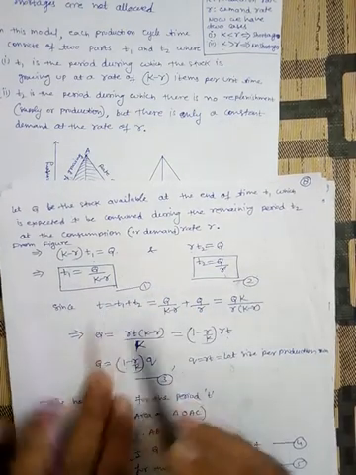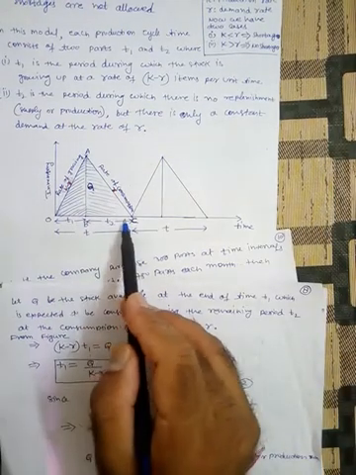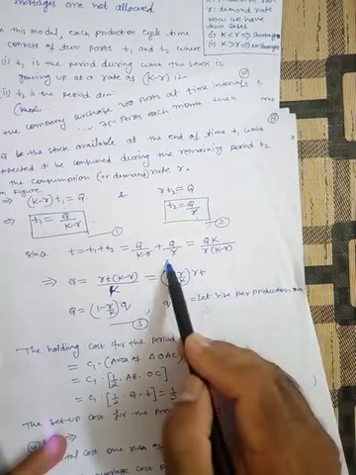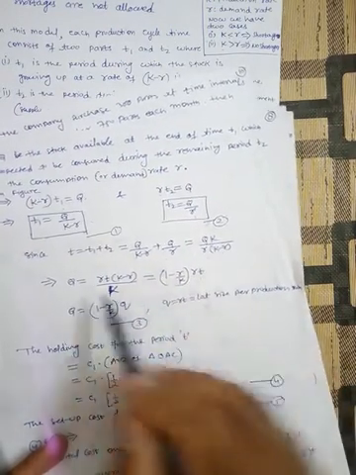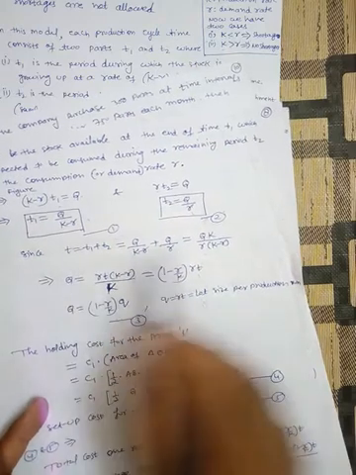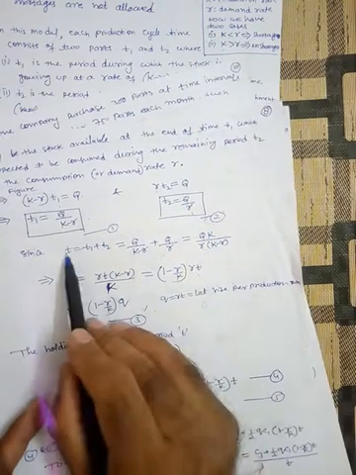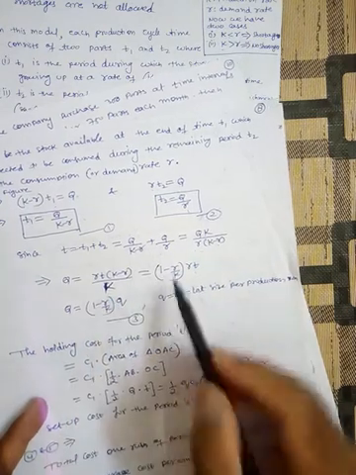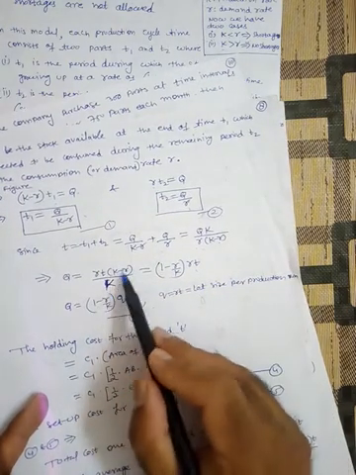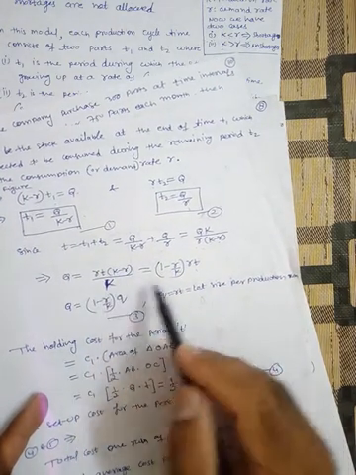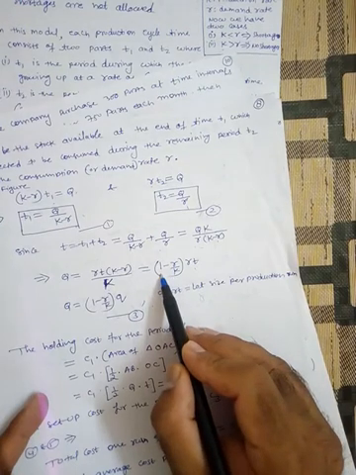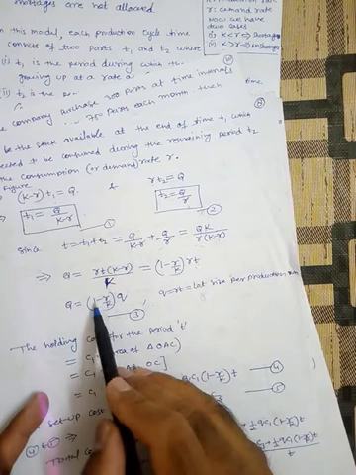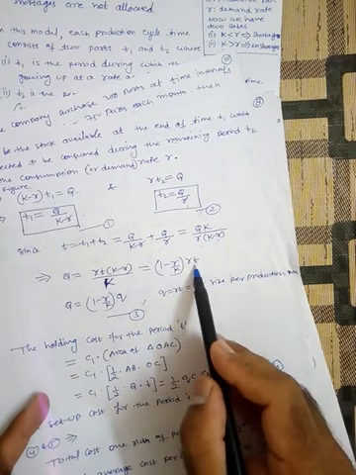So what is T? Total time is T1 plus T2. So T1 plus T2, Q upon (K minus R) plus Q by R. Take their sum, so we get this. So Q is equal to, from here you can find out Q. Q is equal to T into R into (K minus R) divided by K. So this is K. So just divide this, (K minus R) by K. So we get (1 minus R by K) into RT. Fine. So Q is equal to (1 minus R by K) RT.